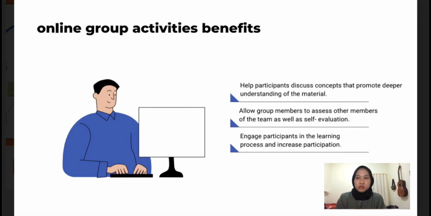Through discussion, participants can share their perspectives, ask questions, and provide explanations, and engage in meaningful interactions that challenge their existing knowledge and encourage them to think critically about the material. By engaging in collaborative discussion, participants can explore different viewpoints, clarify misconceptions, and arrive at a more comprehensive understanding on